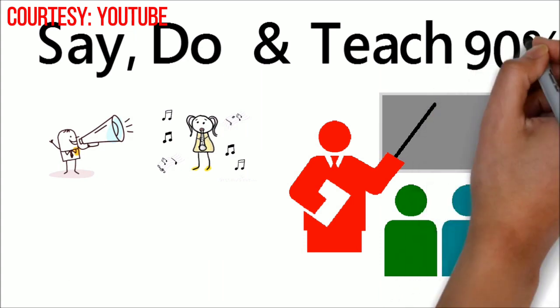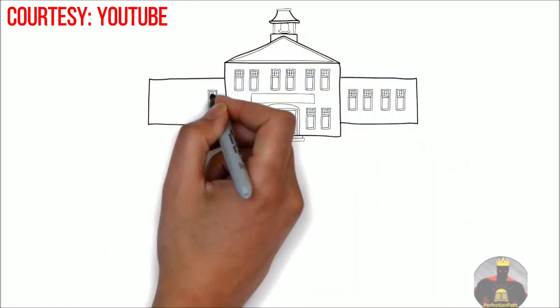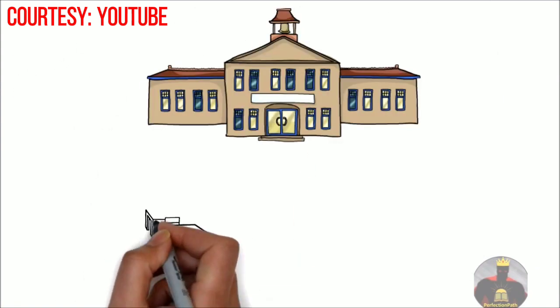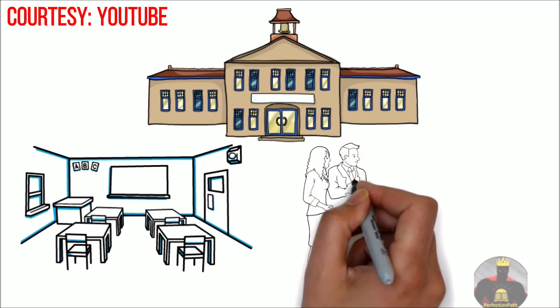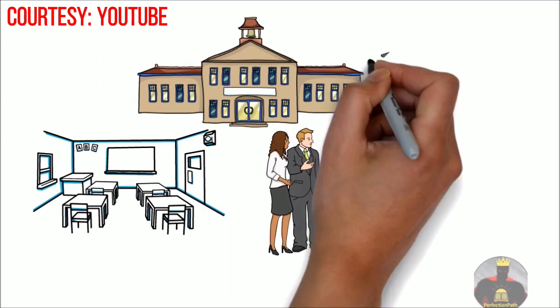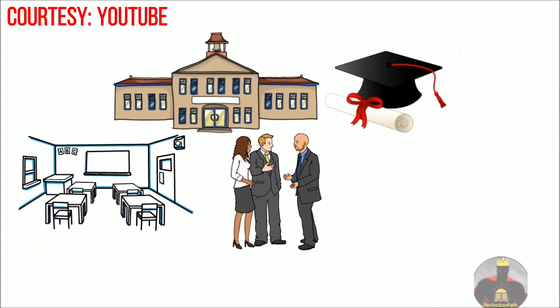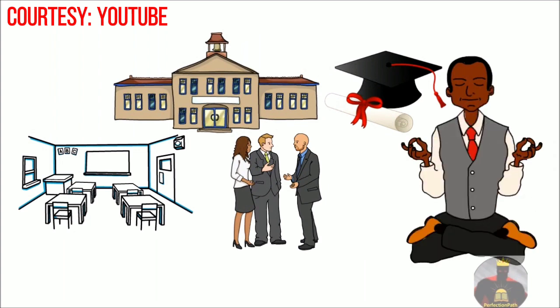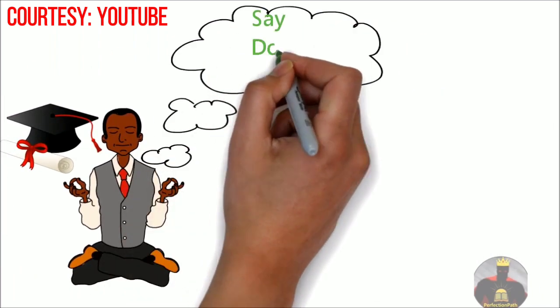I did this at university unknowingly. Naturally, I'm a very active person and I hate sitting still or being quiet. So every time I learned something new in my lectures or labs, I would go around talking to people, discussing or sharing what I learned, and as a result I increased my retention rate, and I graduated with a first-class degree in computer networks and security. So if you want to increase your retention rate about a skill or information, make sure you say and do the thing, and you also try to teach others.